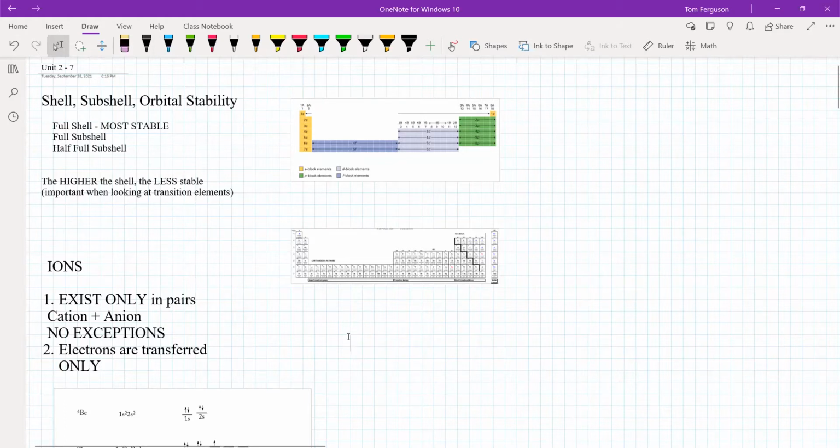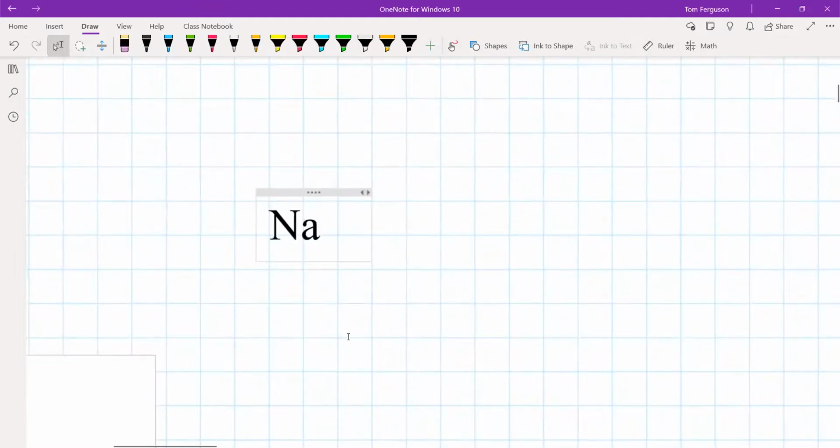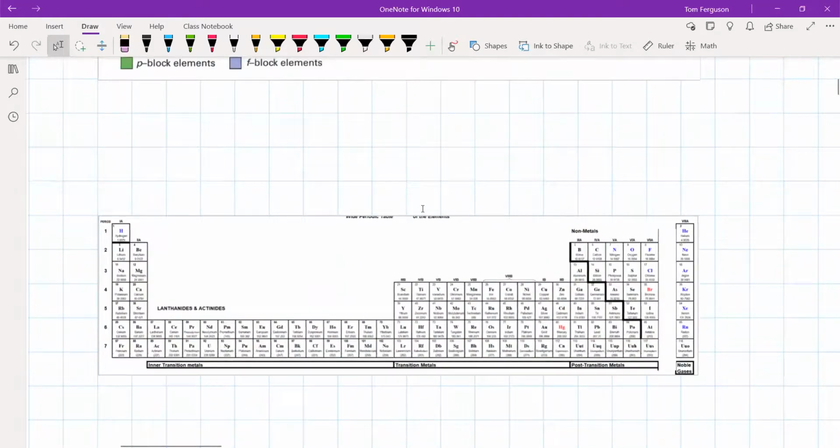And let's do, let's say, I don't know, sodium. Let's do a real simple one. Okay, so we're going to do neutral sodium. That's sodium metal. And if we go up here,